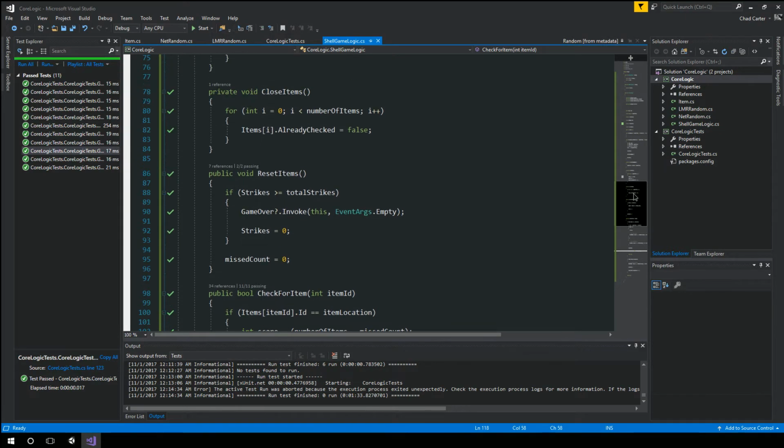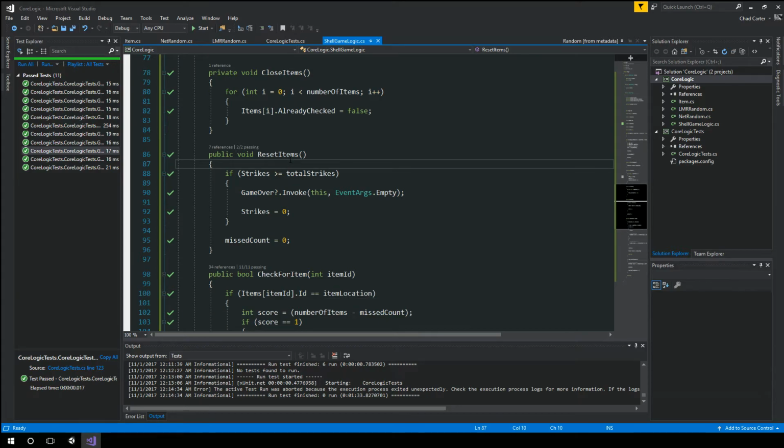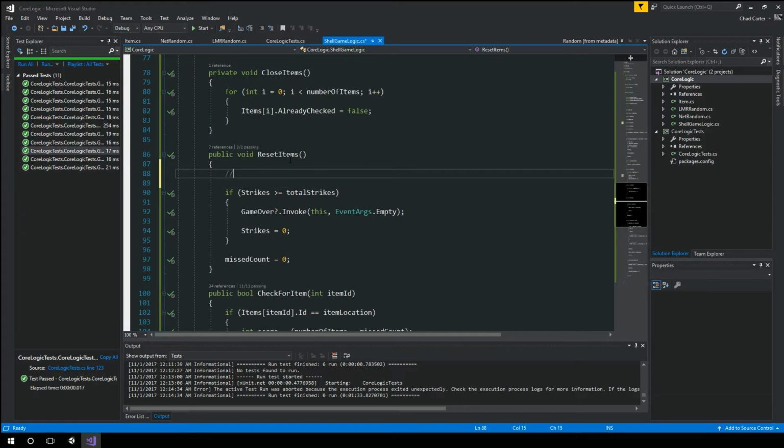Next, we need a couple of hooks inside of our reset items. So the game controller in Unity is going to be calling this, and it's going to be saying, okay, hey, the user just selected the first item. Do we have a match, yes or no? We want to add some hooks in here that our game controller will be able to tie into if it wanted to. So for example, we want to be able to raise an event for item reset. Like, hey, we're getting ready to reset this item. And